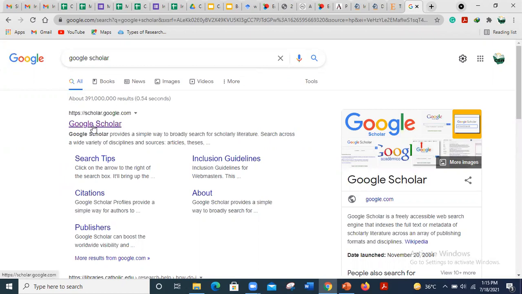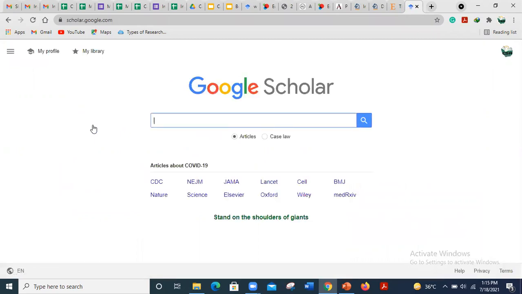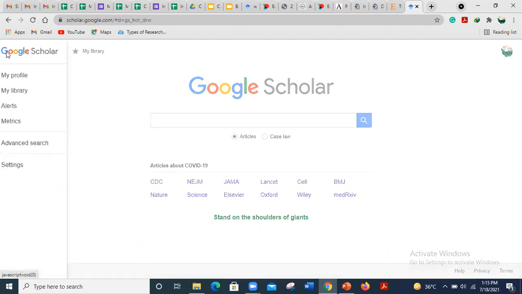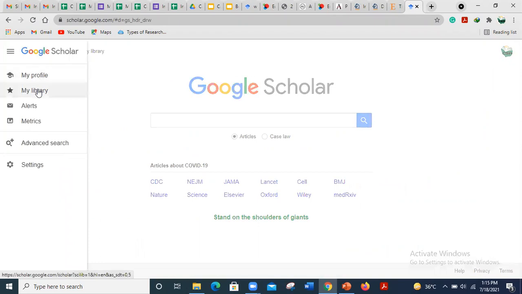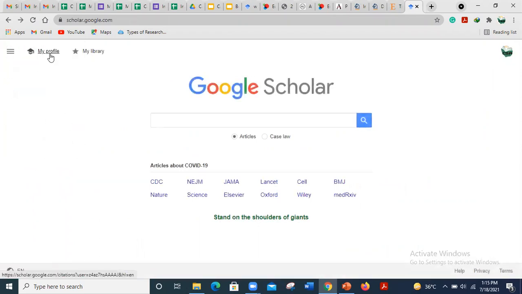So here I am opening Google Scholar, and on this interface there are different things: my profile, my library, alerts, metrics, advanced search settings. Here I can also upload my own research paper, build my own library, and insert my account.